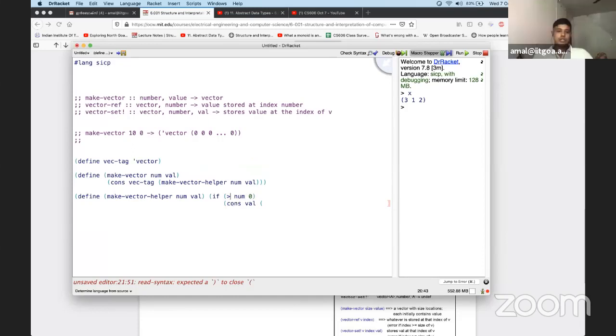Now, what you could do is that if num equal to 0, then you return an empty list. So this is one thing which you have to always remember. Sometimes it is always better to start with the base case of your induction, which has to be nil. Even when you write proofs, it is always better if your base case is a vacuous case. The vacuous case is the empty list in our case. So if num equal to 0, then you return nil. Otherwise, you cons val with